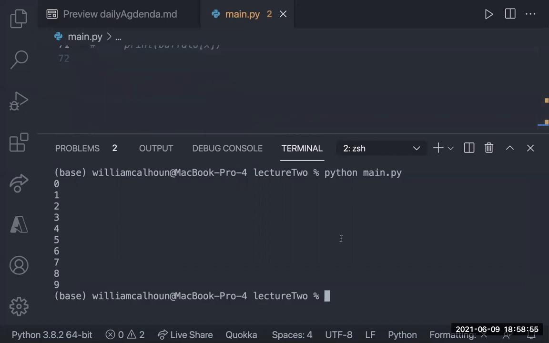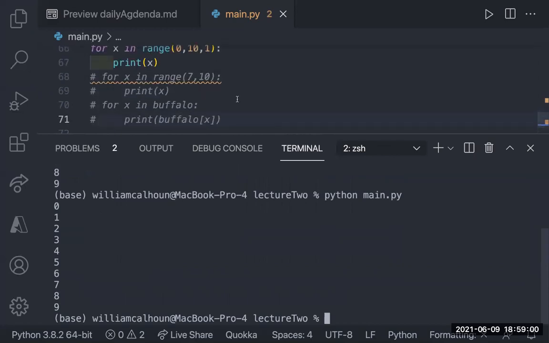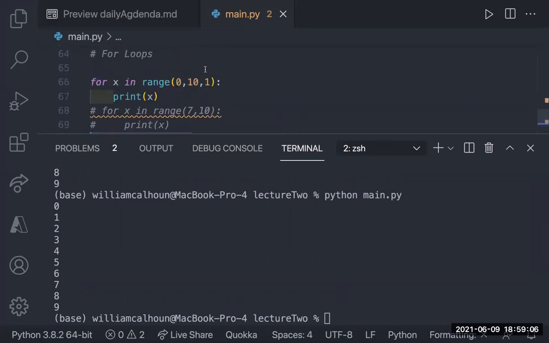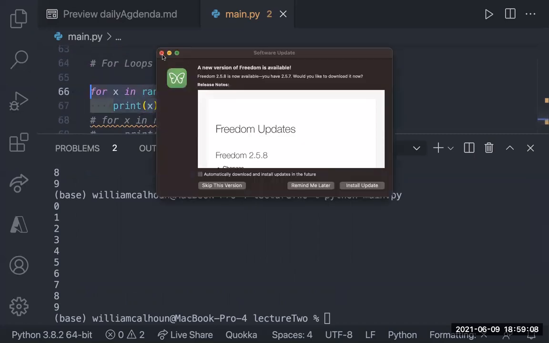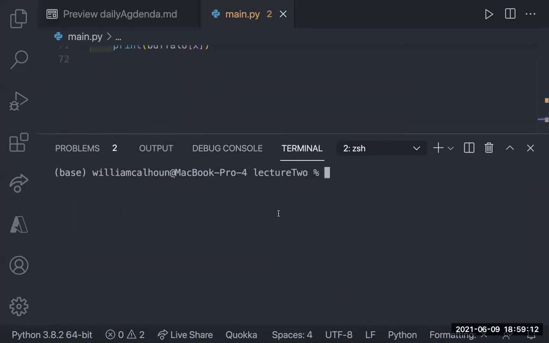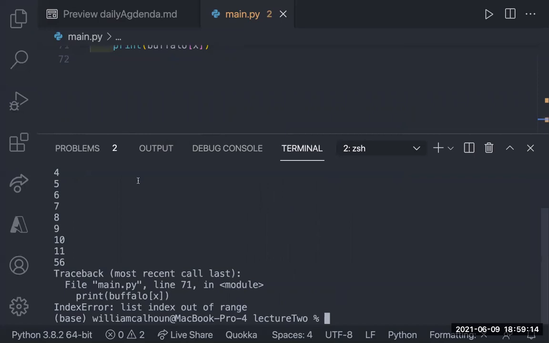If I were to do this, that gives me 0, 1. Oh, wait, I didn't save. Now if I do this, there, that gives me everything.